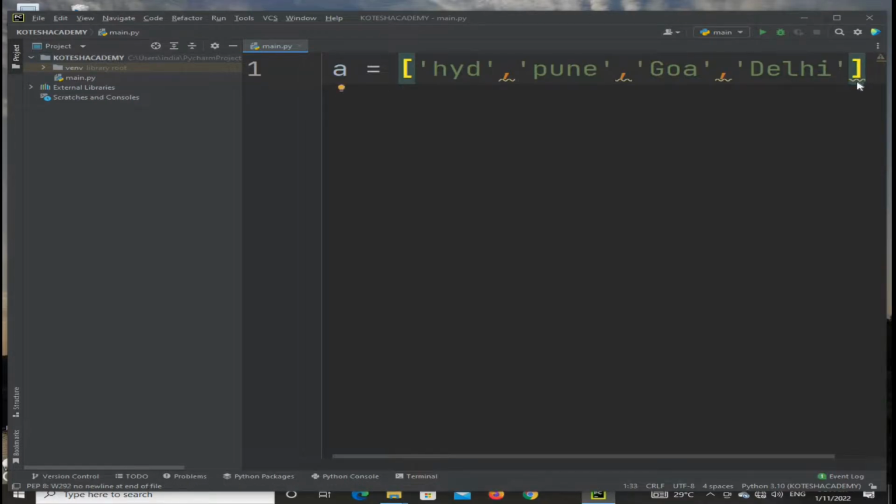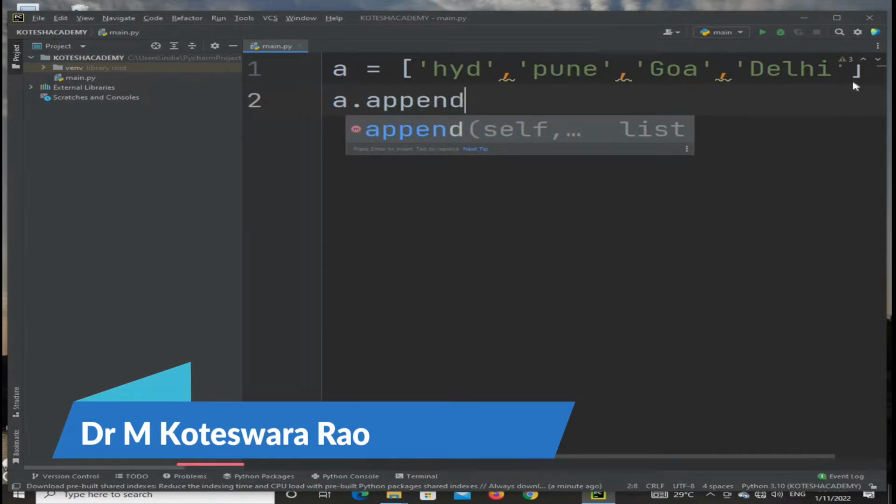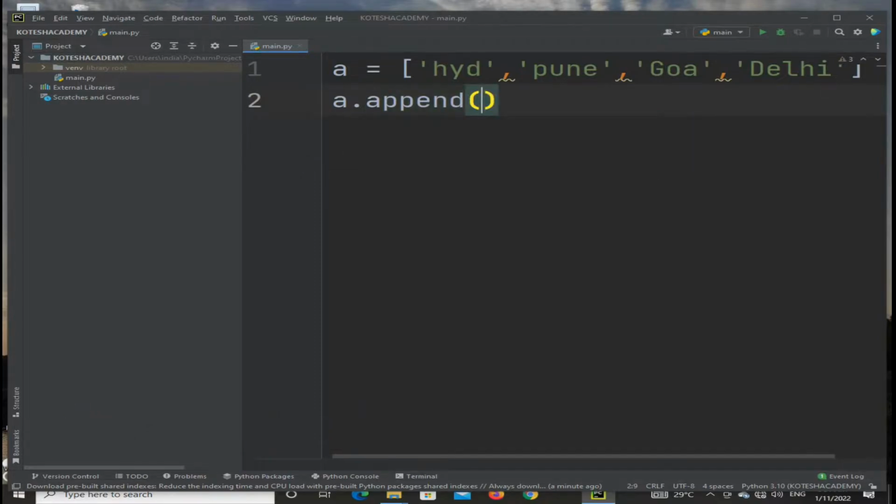Now I would like to insert a particular item into this. At this moment we prefer A dot append, a function used to add the new item at the end. So we are using single quotation, and I am using that function with Chennai at the end.